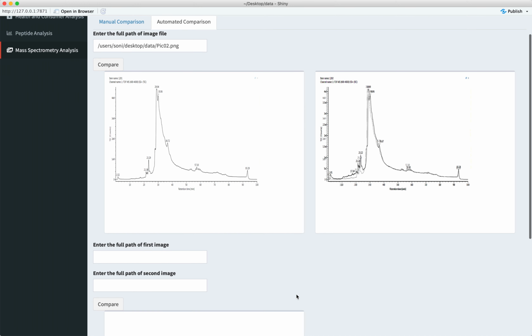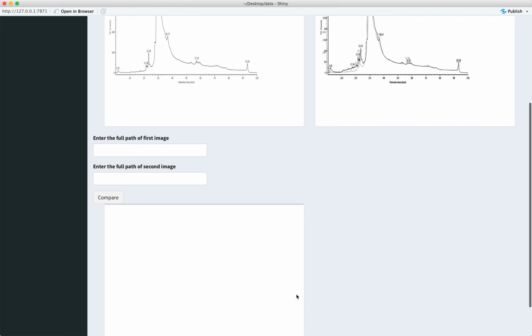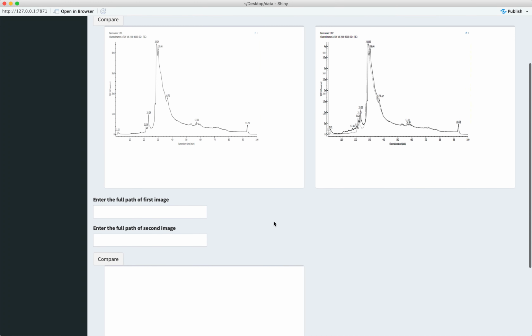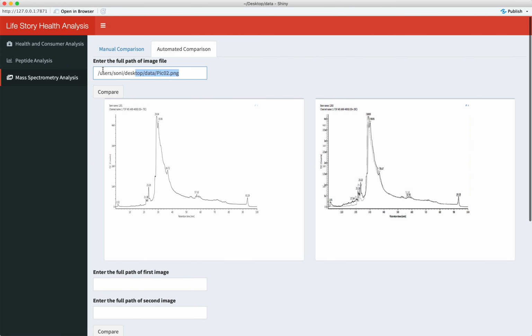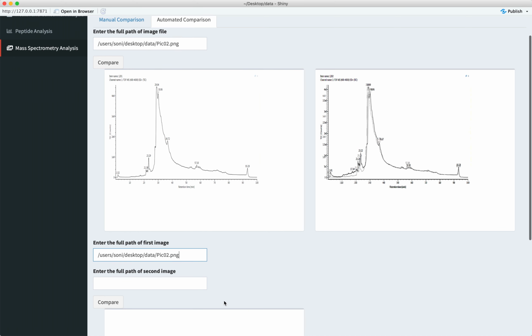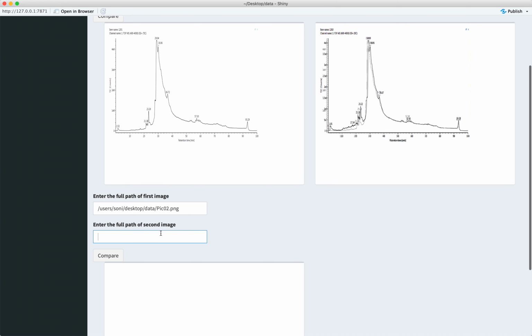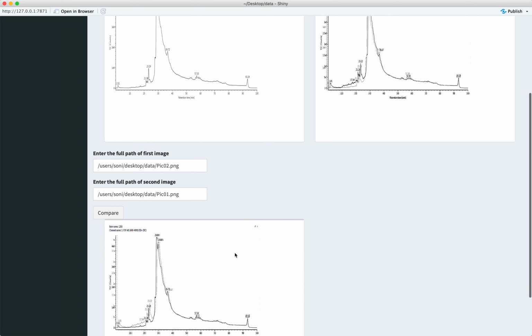There is also another option. For example, if I give the path for the first image and the path for the second image and click on compare, we can see the superimposed image.